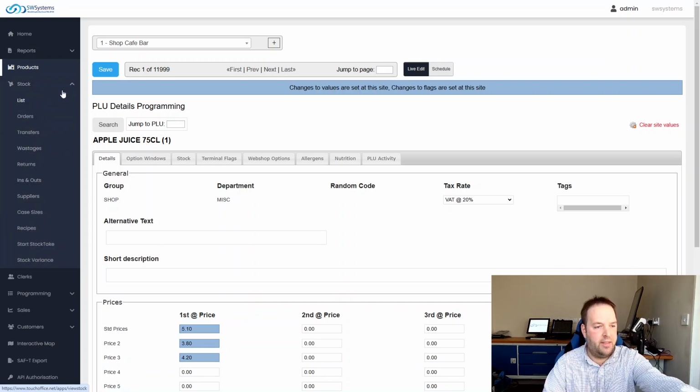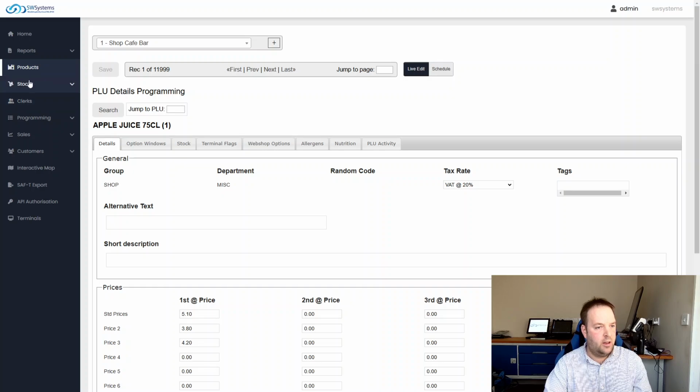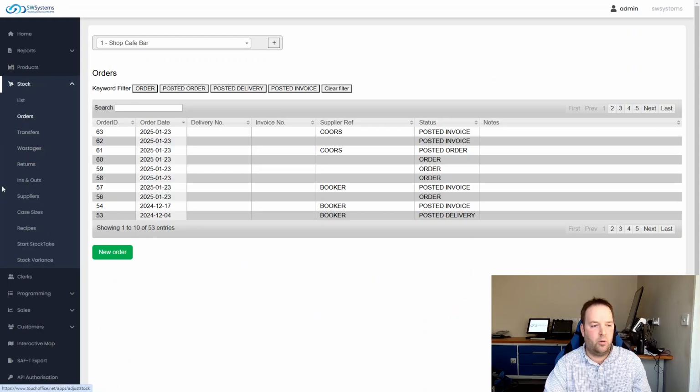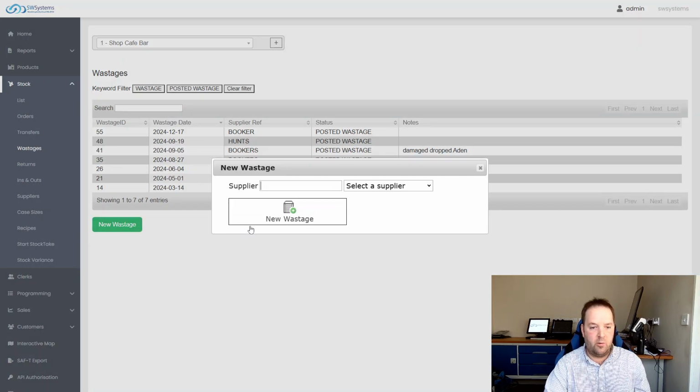With the stock, you get this on the far left. You've got the actual stock list, which I've said before. You've got the ordering, which is called purchase ordering with suppliers. That's the tech name for it. You've got transfers, so you can move stock between one site and another. You've got wastage, so if I want to do a wastage, I can